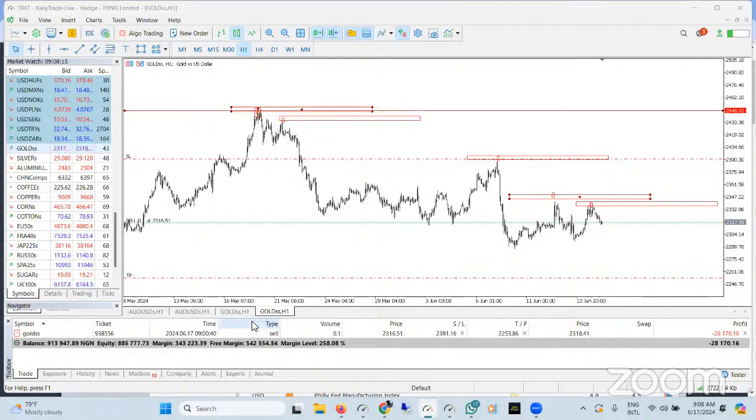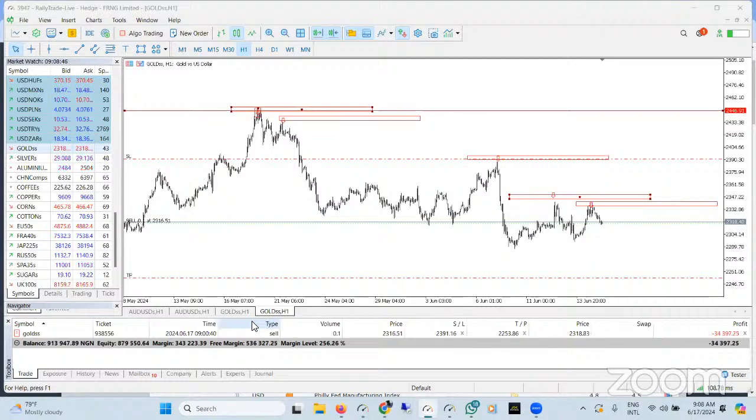So now, Madam Grace, let me give you a perspective. There's something you need to know about that risk part. First of all, for you to be able to make money, don't take big lot. Don't use big lot size. That's the first thing. The small lot will enable you to stay longer. So instead of cutting the trade, you will be able to stay longer. You just said that once you close the trade, it goes in your direction, as if there's a winch controlling it. There's no winch. It's just you not knowing how to manage the risk.